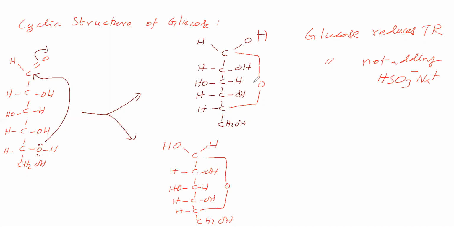Sir, this is not a suitable explanation. That means in one case glucose is giving a free aldehyde group, and in another case it is not. That means something is there between the cyclic structure and the open chain structure. That is why in one case it gives a free aldehyde group and in another case it does not. That is the reason, isn't it?